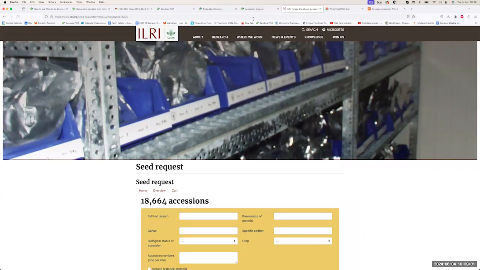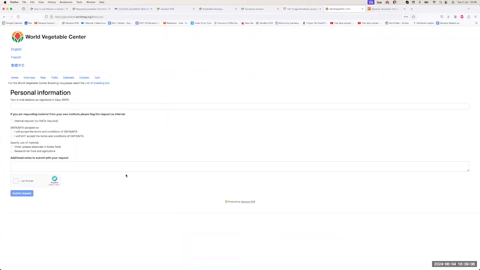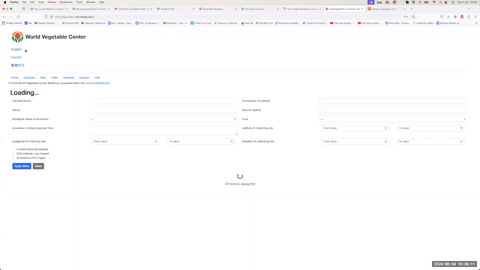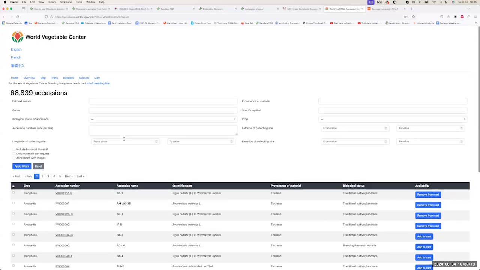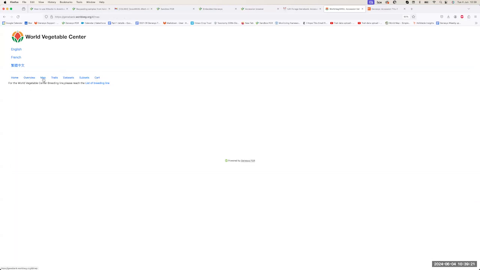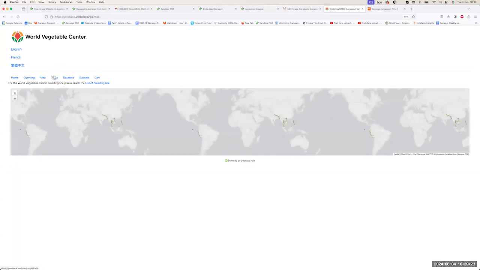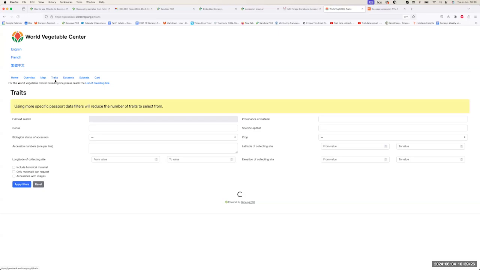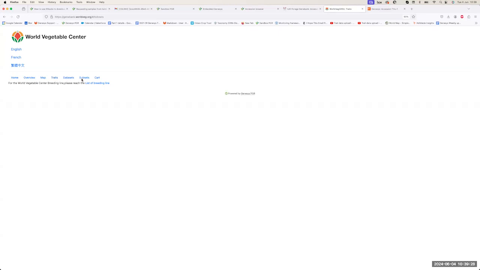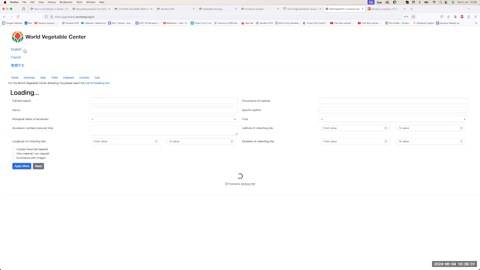So ILRI is, I think, our most recent partner who adopted Embedded Genesis, but we also have WorldVeg. This is the example of WorldVeg, who have enabled more features. So you see here there's the overview, cart, but there's also the map, the traits, trade data, subsets, and also